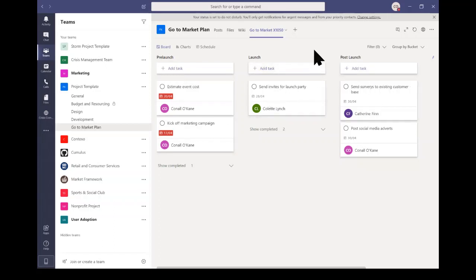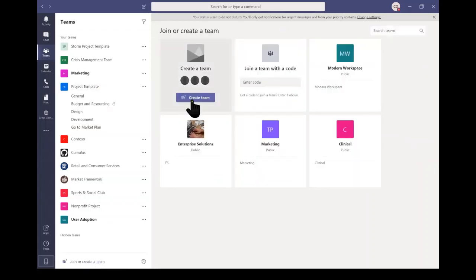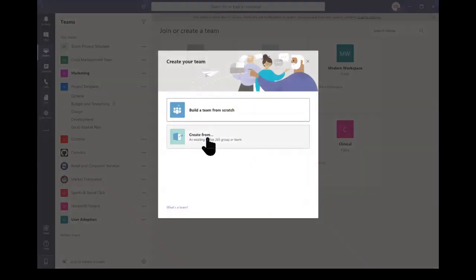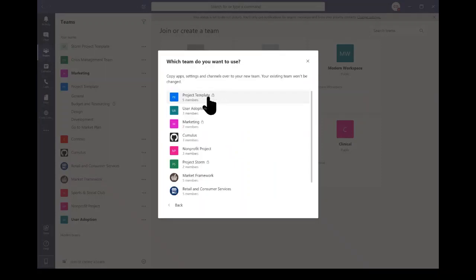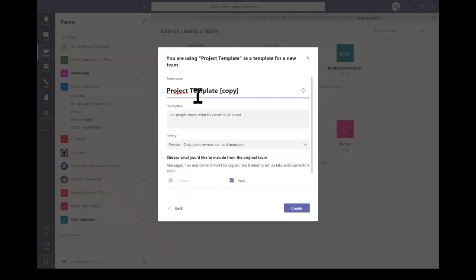So that's how they can track their individual tasks inside there. So if I'm looking to create a new team using that template so that I have a consistent approach to my projects going forward, I can come down here and click on Join or Create a Team. I can click Create Team, and this time I'm going to select Create from an existing Office 365 group or team. And if I select Team here, I'm now going to use that project template, the one that I created earlier, and I'm going to change the name of this to